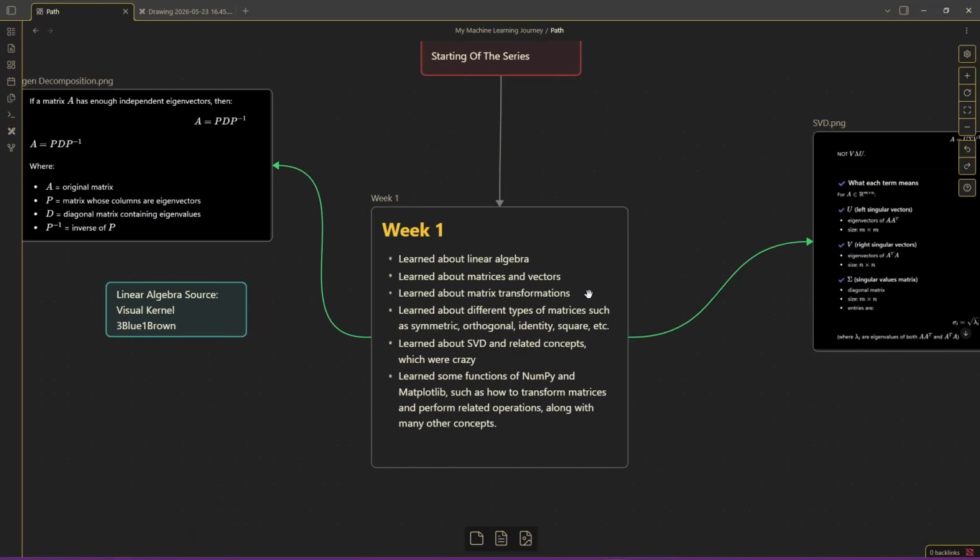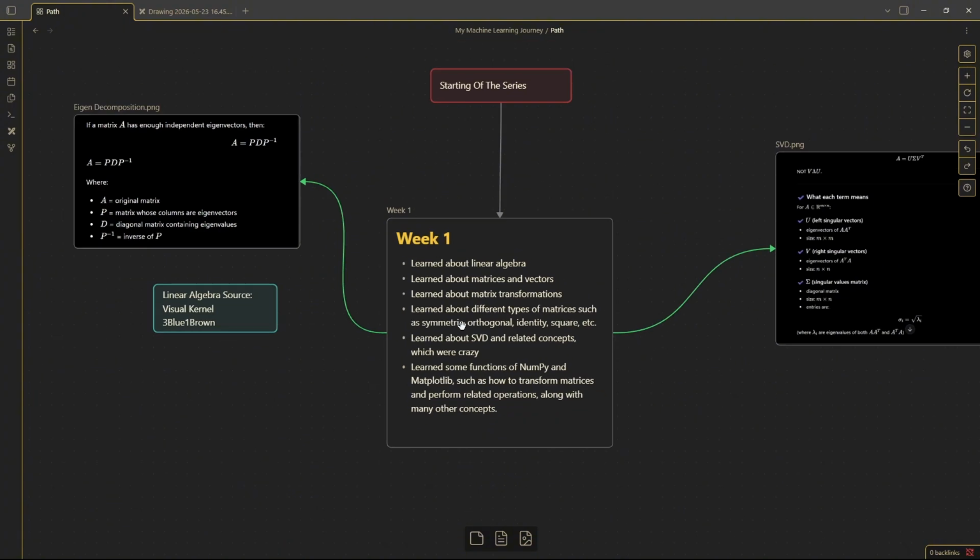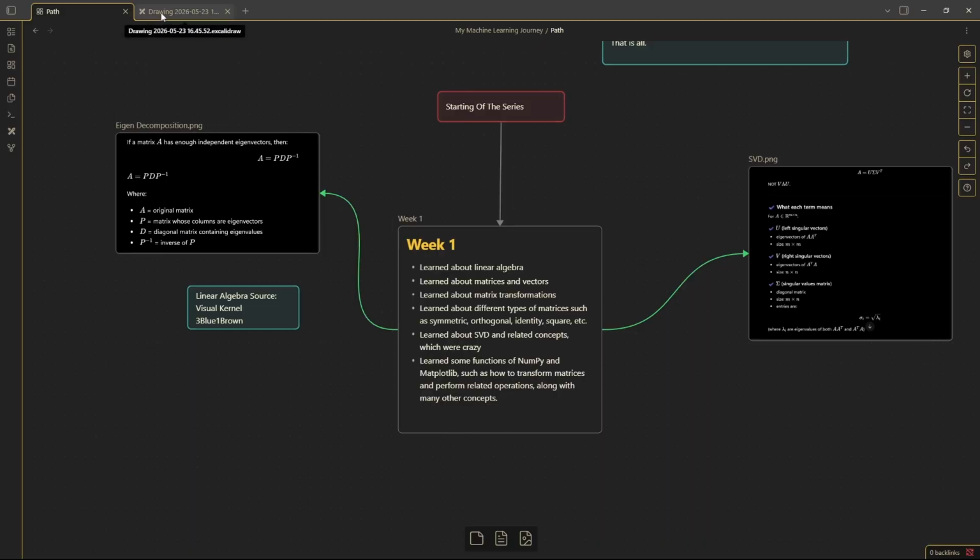The first thing that I learned in linear algebra is matrices and vectors. Now these are quite important in terms of linear algebra. If you don't have much knowledge about matrices and vectors, then you cannot work with data or anything in machine learning. Well, I came across one thing, that in machine learning every data is represented in matrices or vectors. Like there are lots of other ways you can manage data, but most of the data is stored in matrices and vectors, and that is why it's very important to learn about them. And I started to do that.